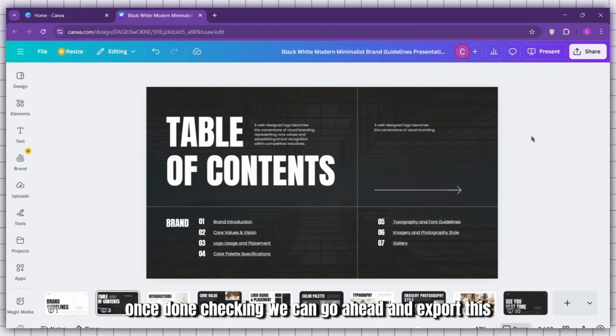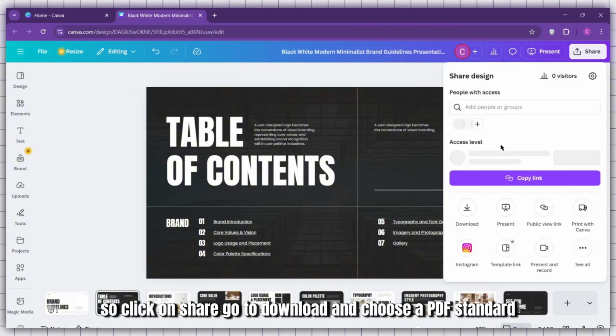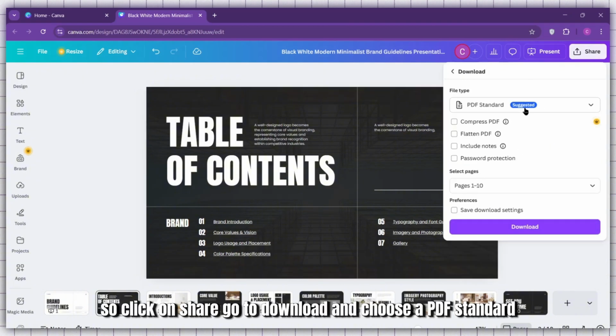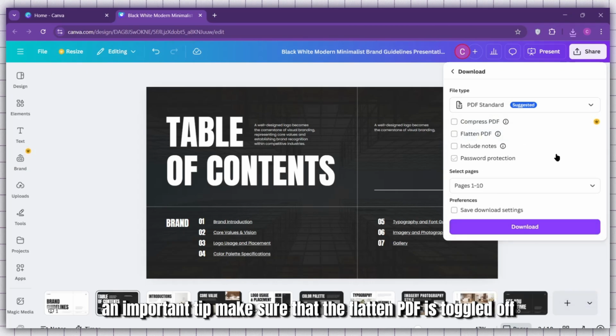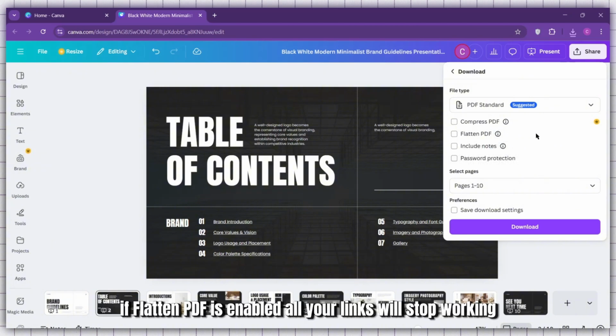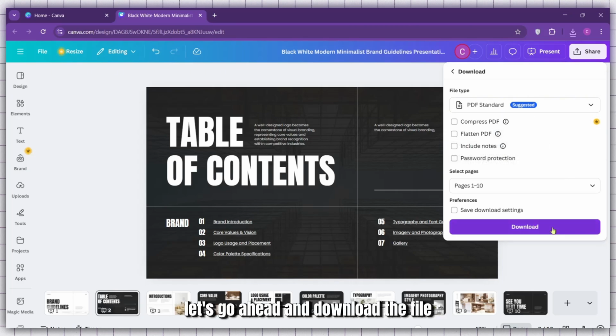Once done checking, we can go ahead and export this. So, click on Share, go to Download, and choose a PDF standard. An important tip, make sure that the flattened PDF is toggled off. If flattened PDF is enabled, all your links will stop working. Let's go ahead and download the file